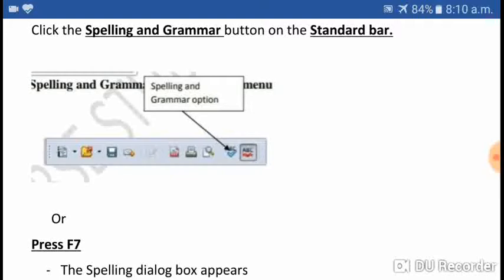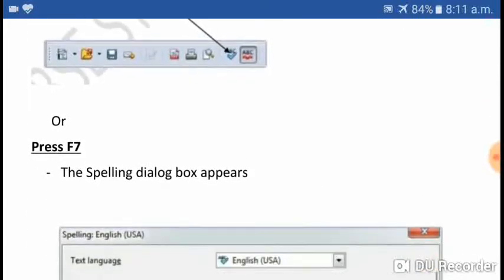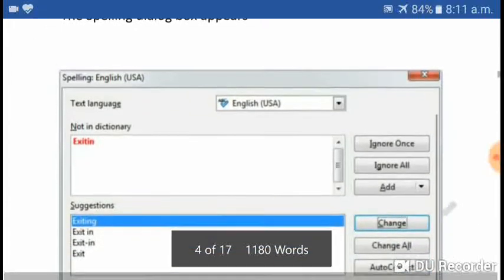Firstly we have discussed autocorrect, and now the spelling and grammar option, these are near to each other. And third alternative, as we have already discussed, shortcut key, that is F7. So by selecting these, the spelling dialog box appears.